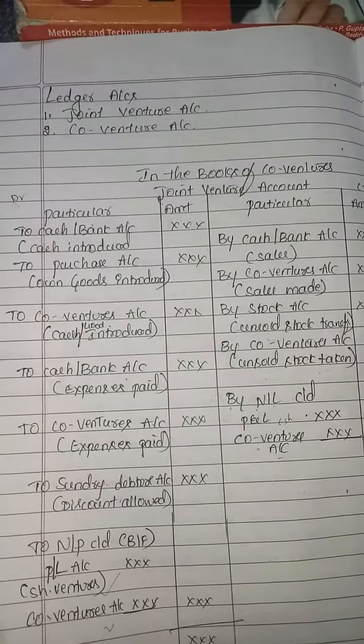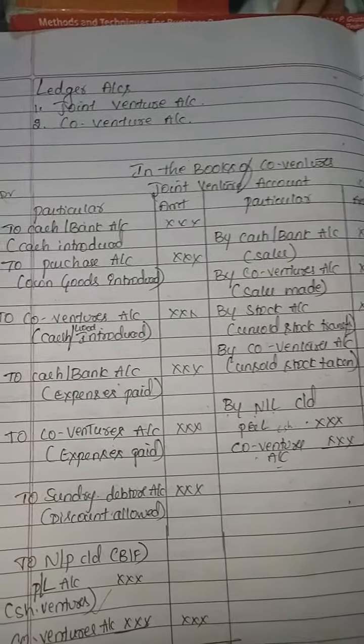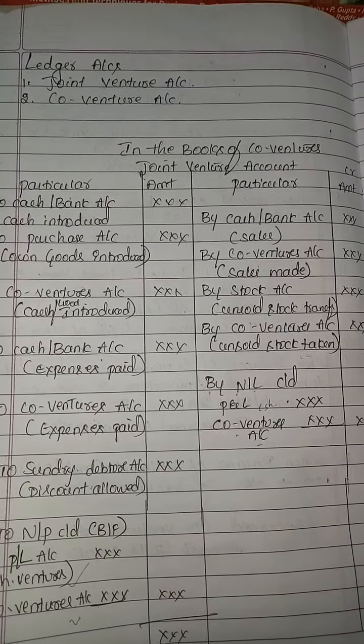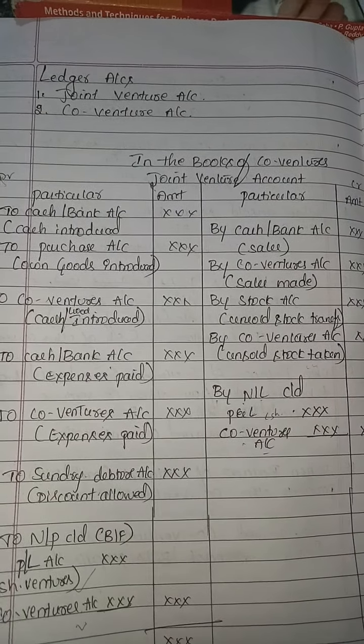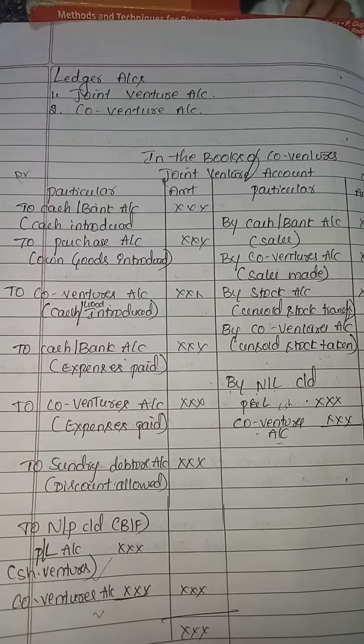Till now, we have seen the journal entries involved when each co-venture maintains a separate set of books. Now we'll see what are